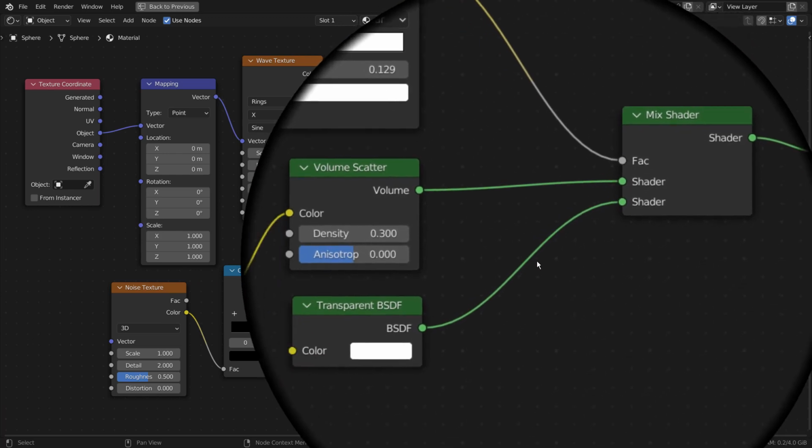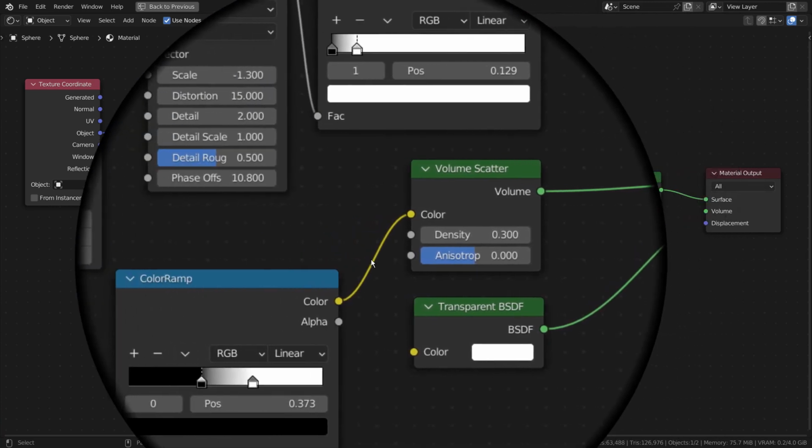The nodes after volume scatter are optional, and they will be removed at the end of the video.